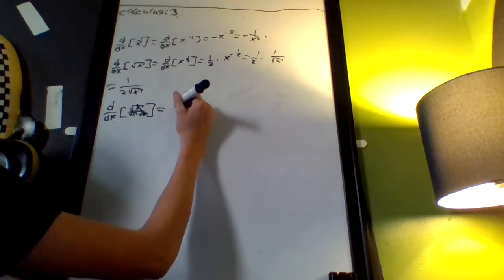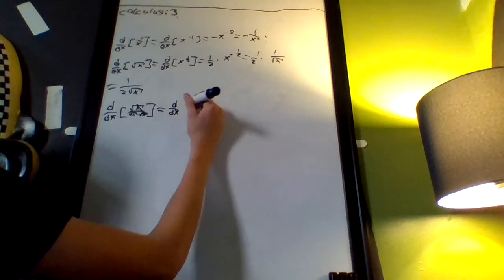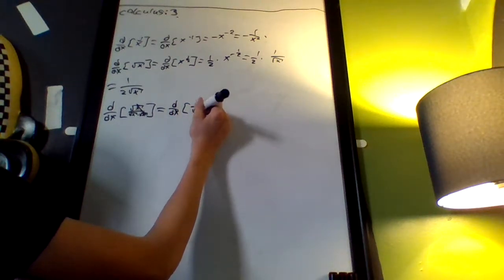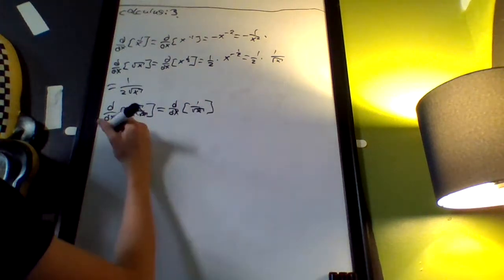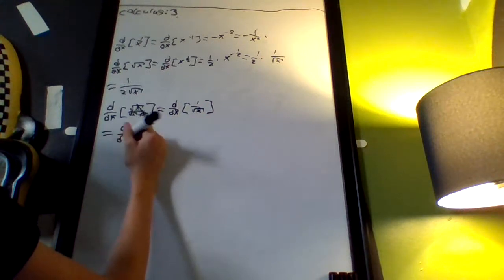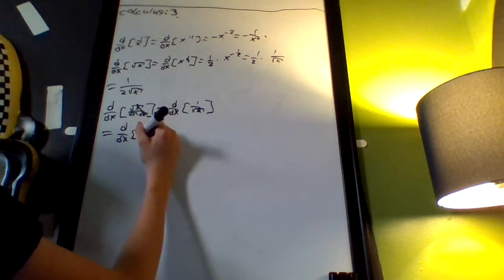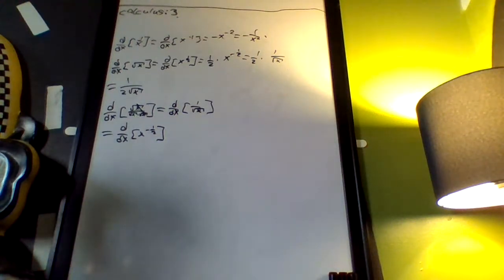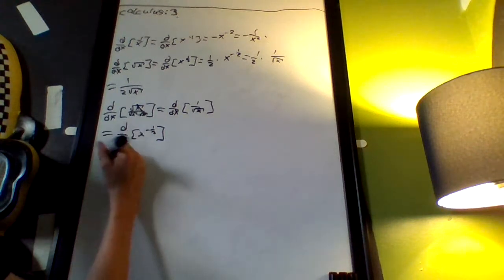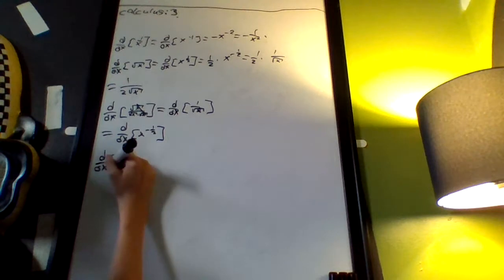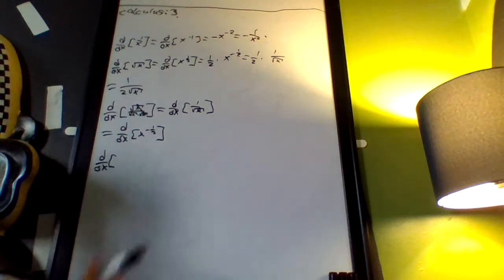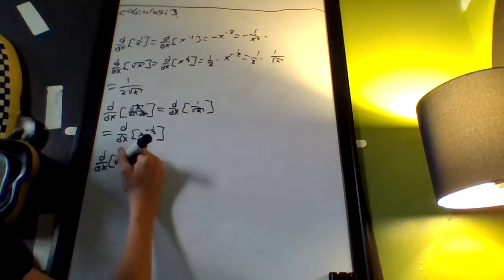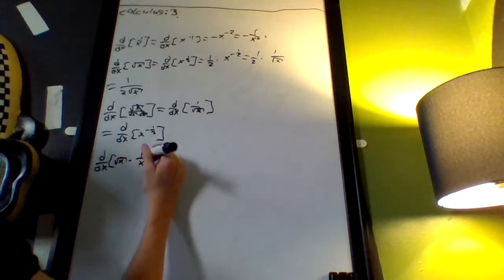Cancel those out, you get the derivative with respect to x of 1 on square root of x. This is then going to be the derivative of x to the negative 1/2, and I'm sure you can figure it out from there. But you could also use the product rule, because square root of x on x is the same thing as square root of x times 1 over x,